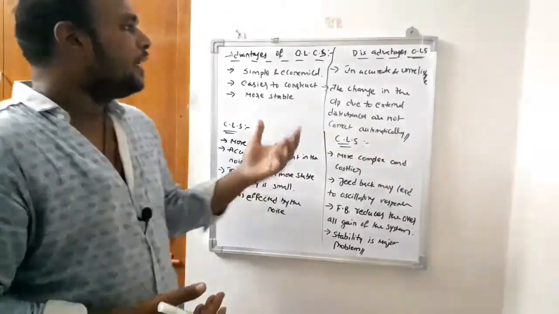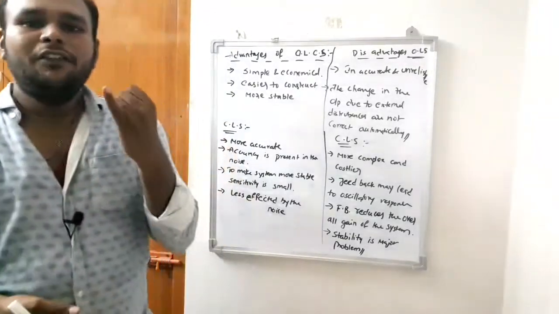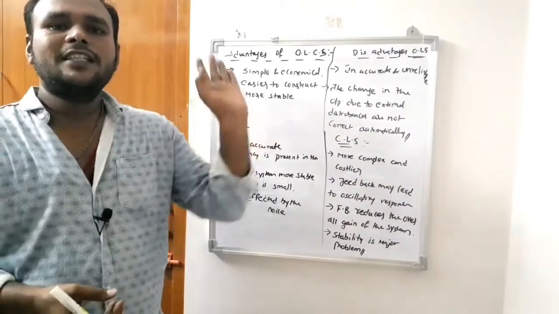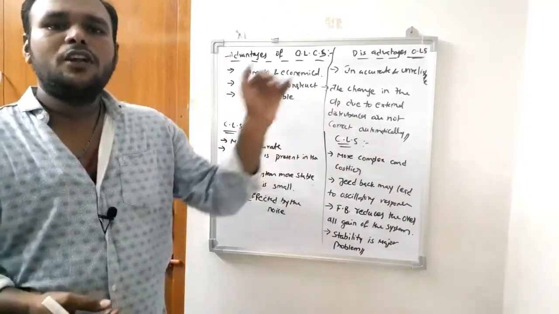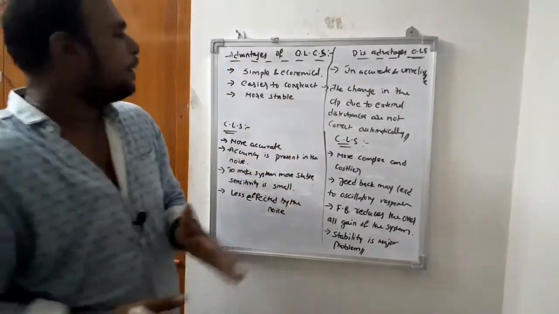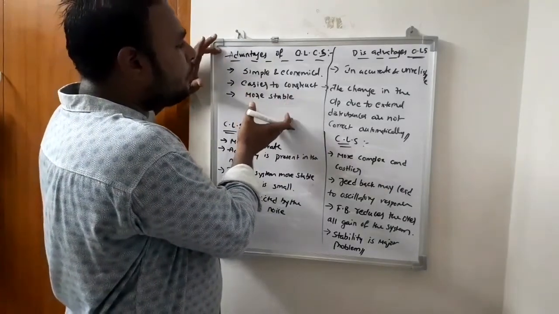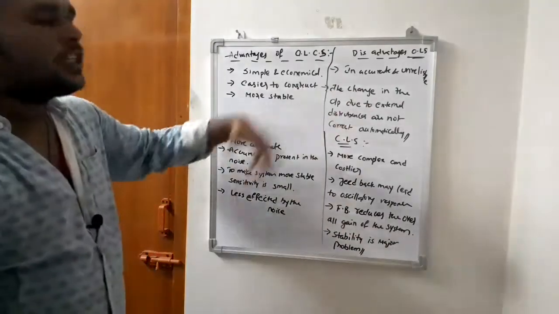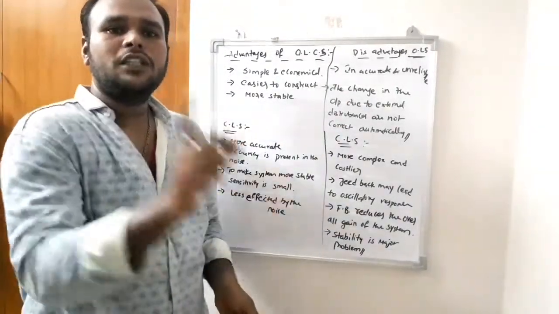So this is today's class. In today's class, the summary is that we saw the working of the feedback path elements in a closed loop system, and also the advantages and disadvantages of the closed loop and open loop systems. These are also known as differences. Differences means all the advantages of the open loop control system become the disadvantages of the closed loop control system, and vice versa.